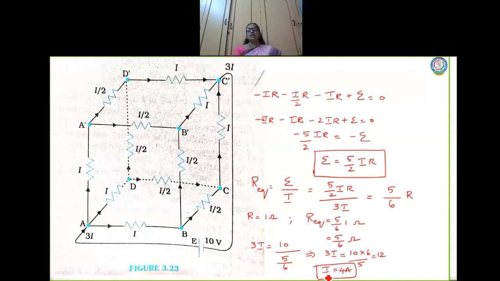So very simply I have solved, but the circuit appears to be complicated. We are able to prove easily because of the symmetry, and using Kirchhoff's current law and voltage law, I have found out the equivalent resistance and also the current in each edge of the cube. Is it clear, children? So definitely you also look at the diagram and try to solve the problem, because whenever you are tested with such circuits, unless you are very familiar with the rules, you will not be able to solve. So this is with respect to a symmetrical cube.